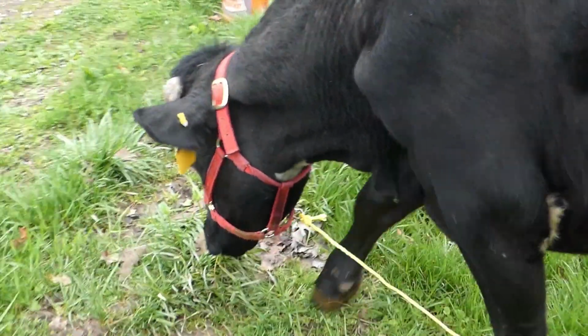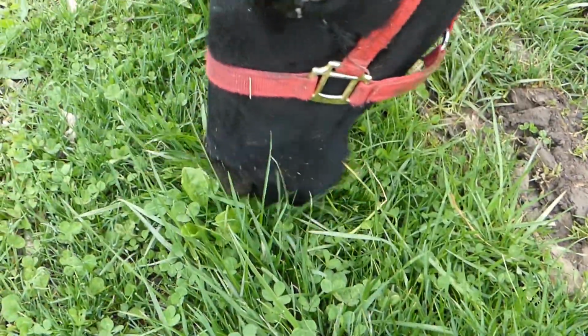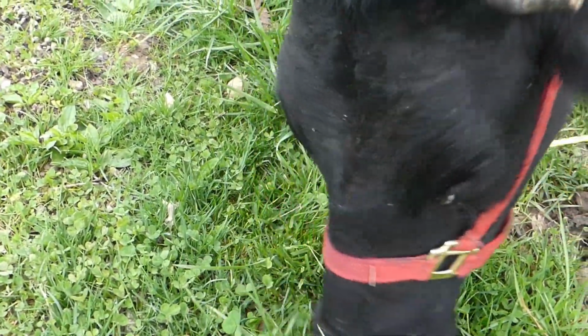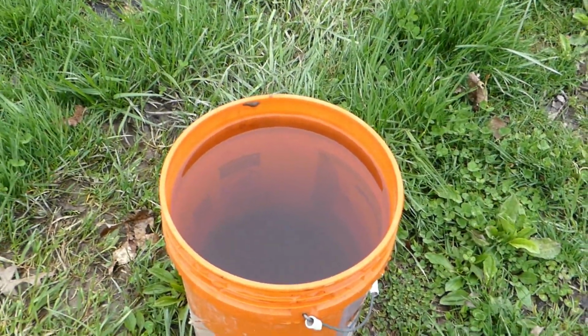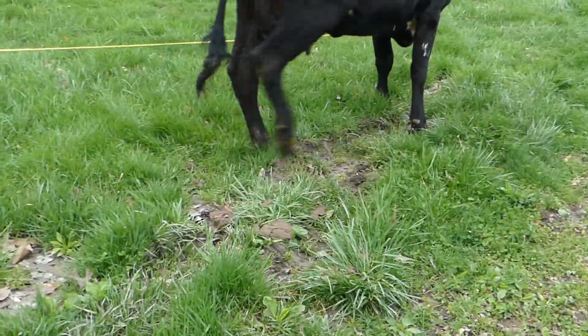Okay, here's a... Oh, there's some nice clover. We've got a bucket of water out here, and that is what I want to see her do more than anything else, is drink some water. She's not very far from it. But...